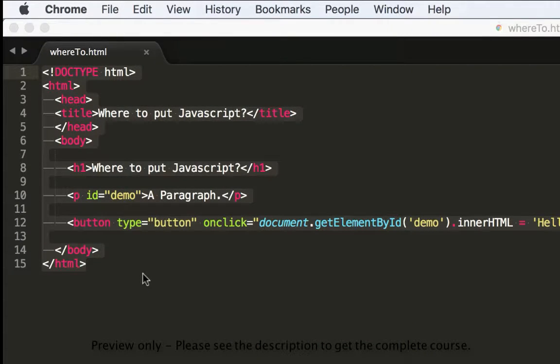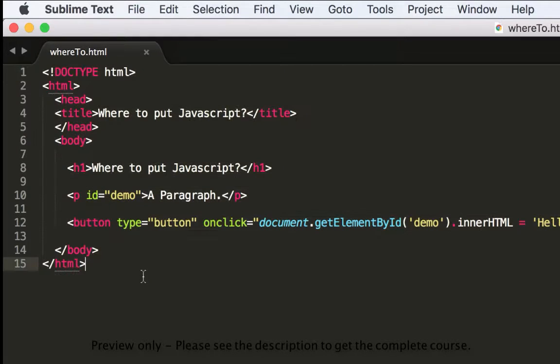So there are multiple places where you can actually place your JavaScript. Like you can place your JavaScript in the head section, which is out here. You can also place it in the body section, which is again here. And you can also place it in an external file and then reuse that file from your HTML page. Now I'll show you how to do this in all three approaches and which one's better and which one